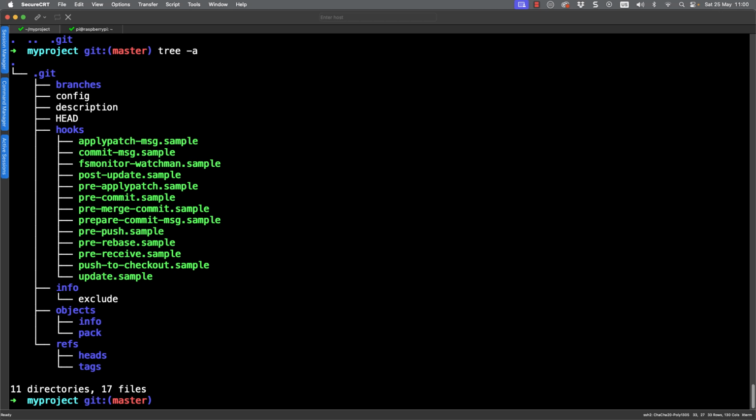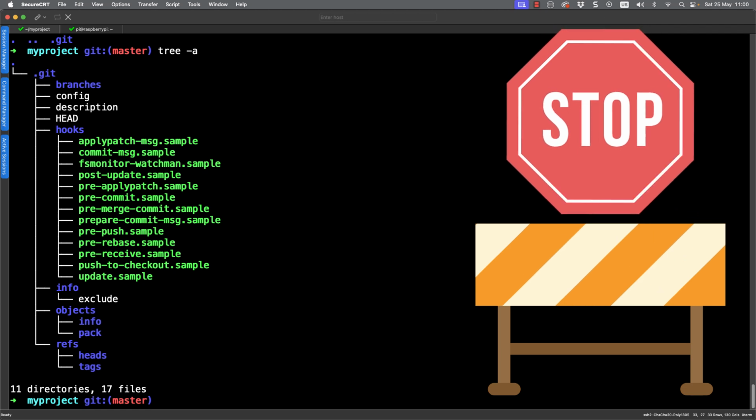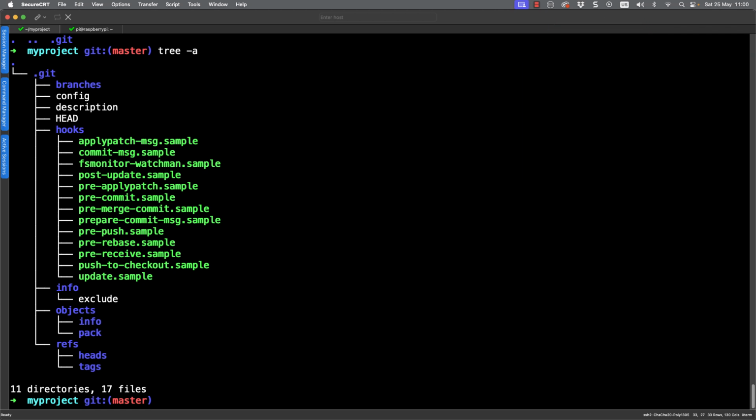And we'll be concentrating on objects because that's where our files are going to be created. But it does need to be said that in general, we're never going to be working inside of the .git directory. This is .git, and it's there to be managed by Git, not by our sticky fingers.